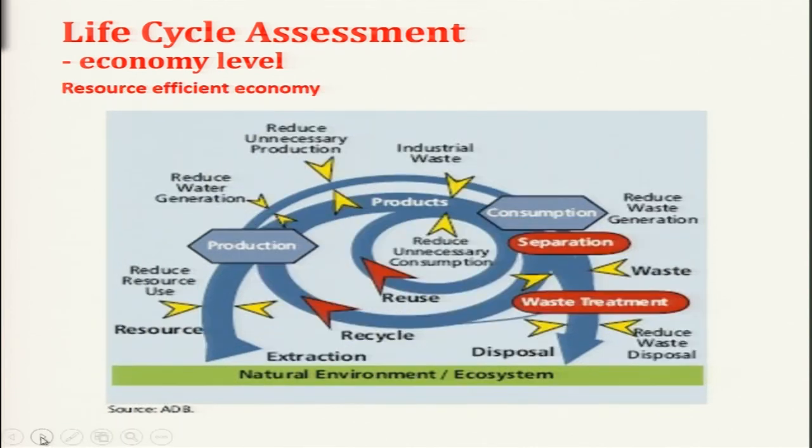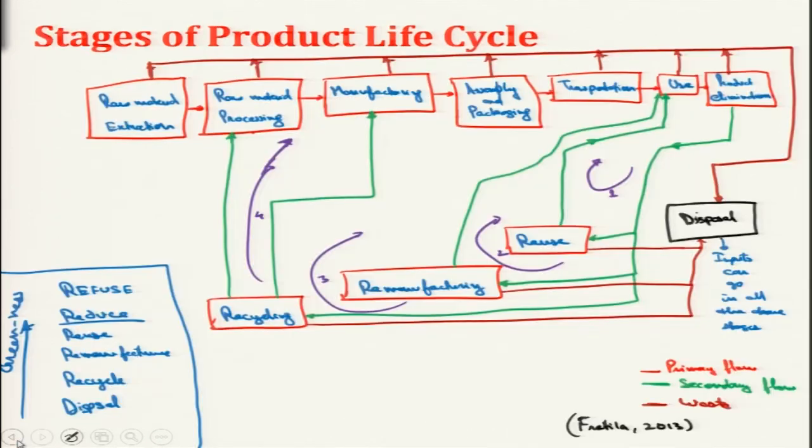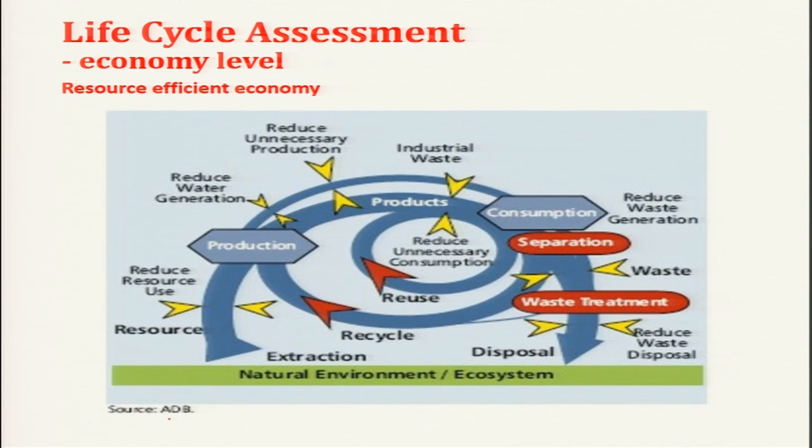But when we reuse, the more resource efficient economy is like this, which we had seen in this presentation as well. We reused, we remanufactured, we recycled. This is the same presentation, the same way of illustration given by ADB, Asian Development Bank. At first the extraction happens from the natural environment itself and resources are there. So we reduce the use of resources because we can recycle, we can reuse, and these are the circles.